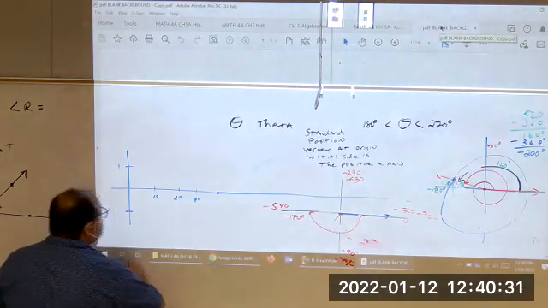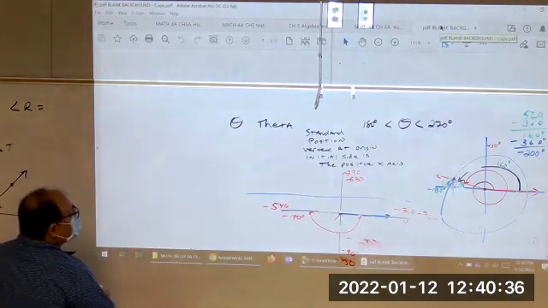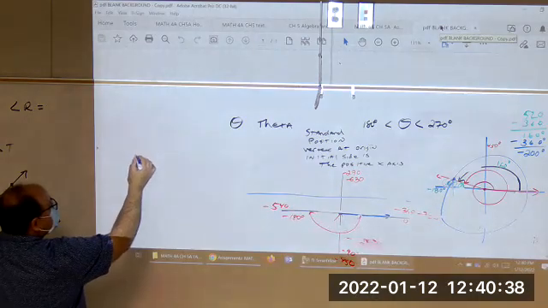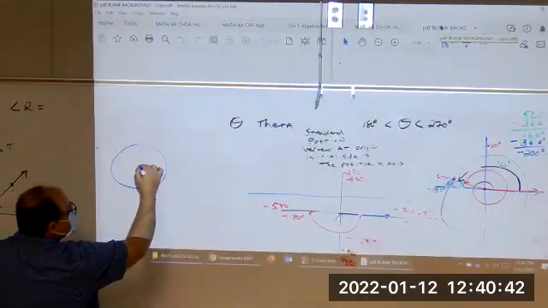When you have a circle, no matter how big that circle might be, and you have a central angle,